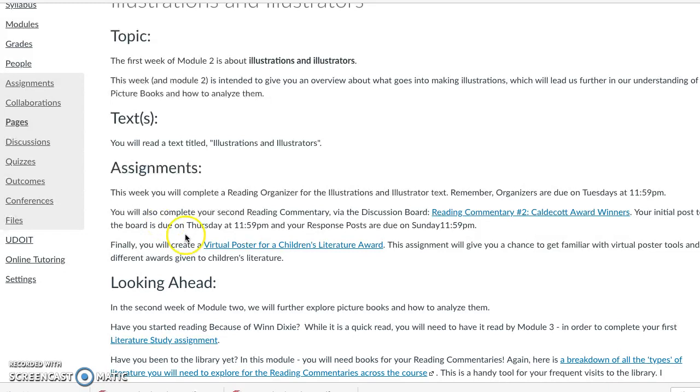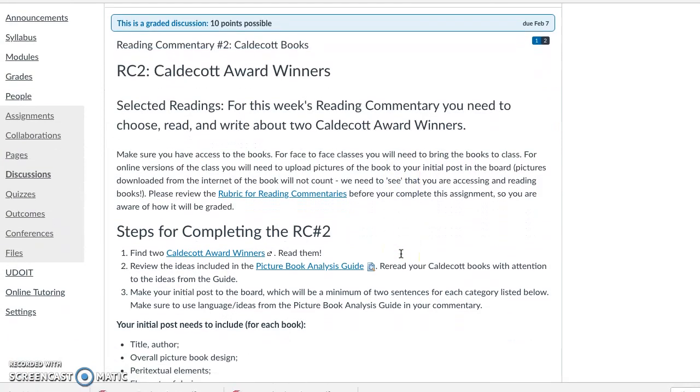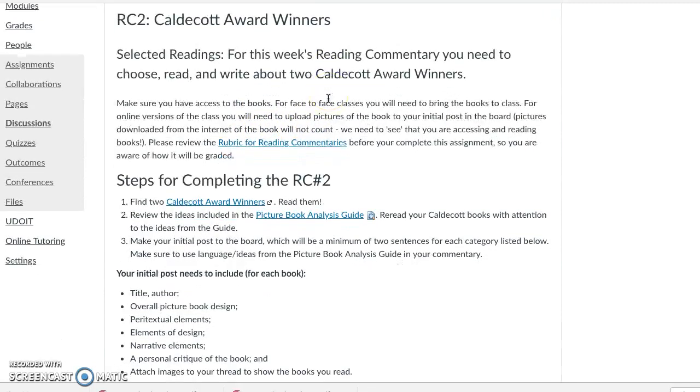Okay, we have our second reading commentary this week, and it is on Caldecott winners. Caldecott winners are one of my favorite topics because they are award winners for the favorite picture books. I love this topic. So when you click on the Caldecott winner page, it will show you a rubric for the reading commentaries, and it's just something to keep in mind